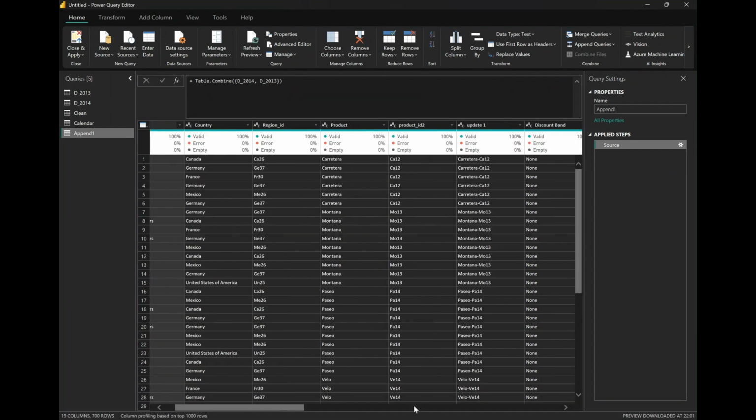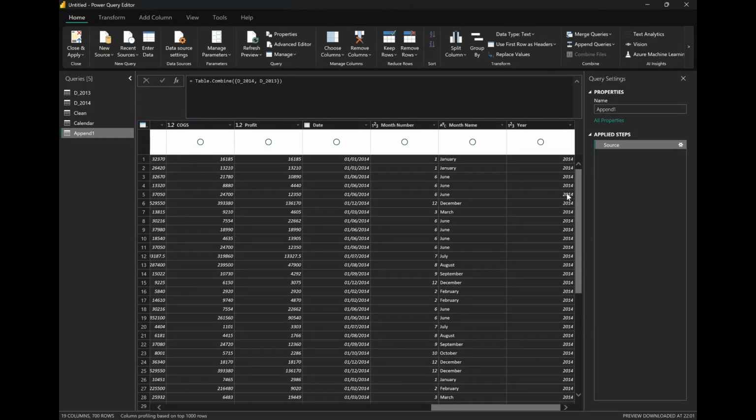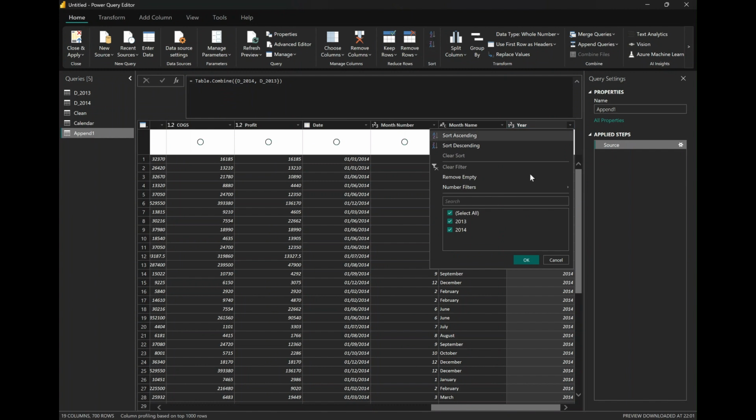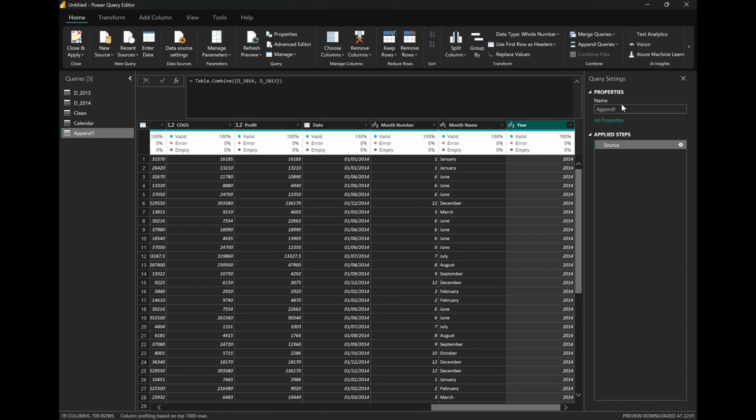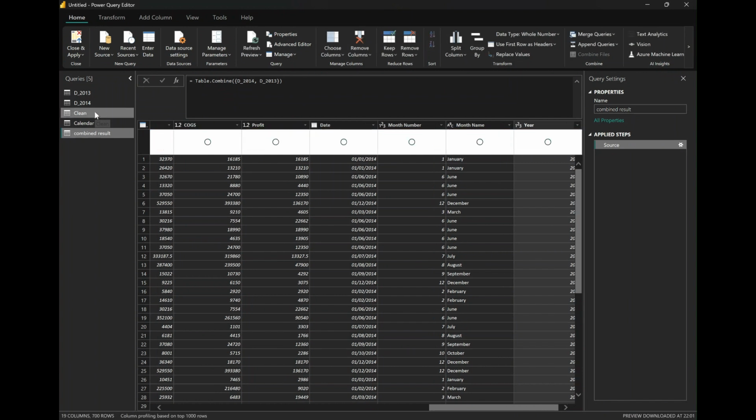And if I scroll to the left, under this year, if I click on the drop down for year, you can see the drop down for year is 2013 and 2014. And I can call this combined results. So that's simply how you could do append queries and clean data